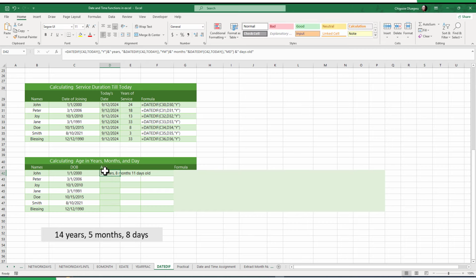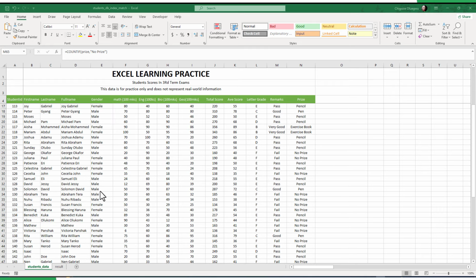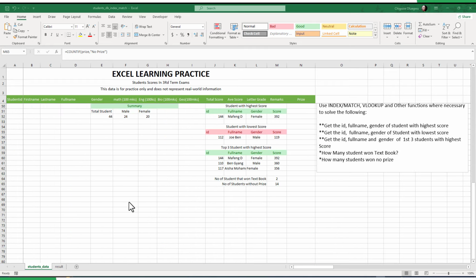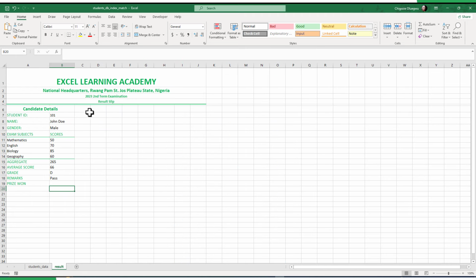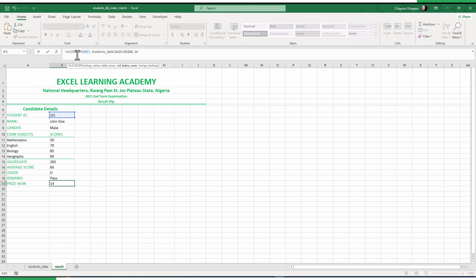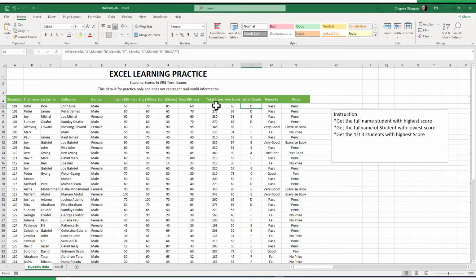But what sets this course apart is our focus on practical real-world applications. Throughout the course, you will work on exciting projects that simulate actual business scenarios. In our first major project, you will build a comprehensive student grading system. You will learn to automatically calculate grades using complex formulas. You will also learn how to generate dynamic performance reports and many other projects to empower you to automate tasks